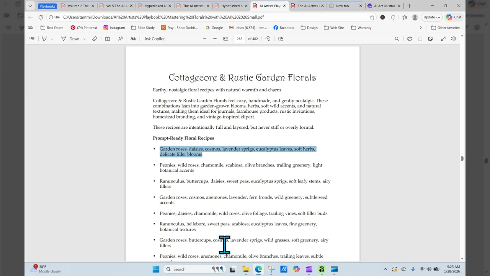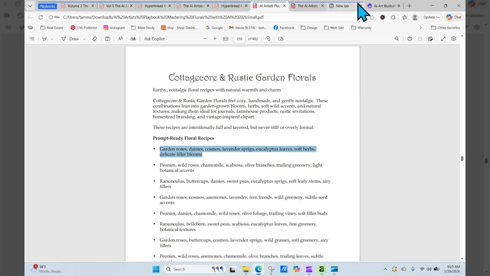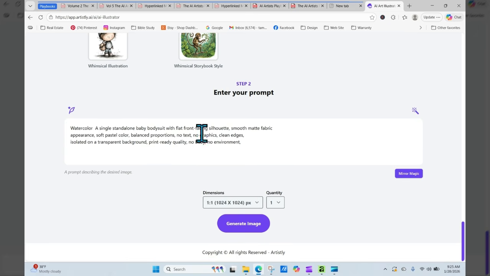So let's look at, let's do this one, or let's do this one, the garden roses. Okay. And I'm going to give you a couple little tips. Okay, so in this, what we're going to do is